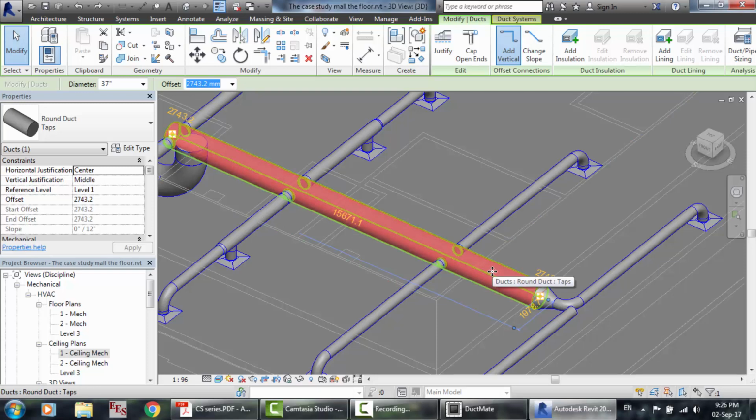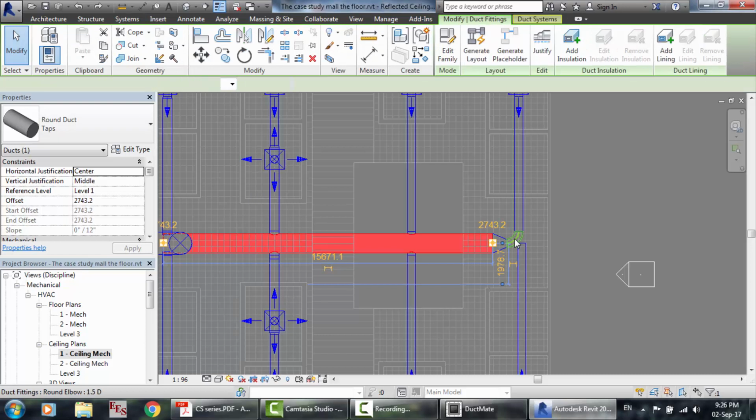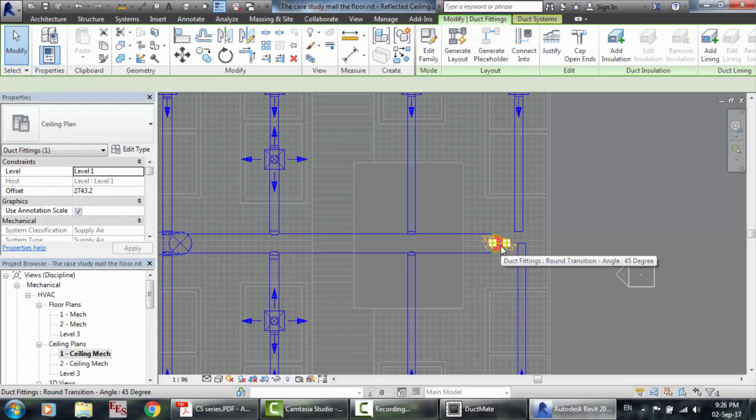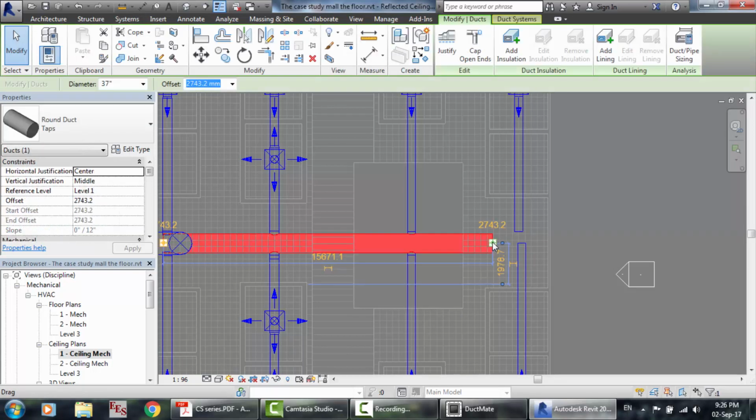Here are additional material, so go to ceiling, just delete this to be free to modify the duct length, and make the duct up to here, or make this